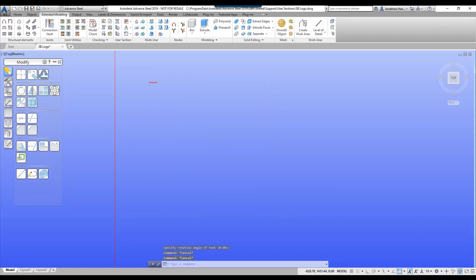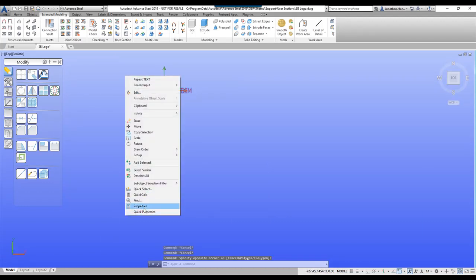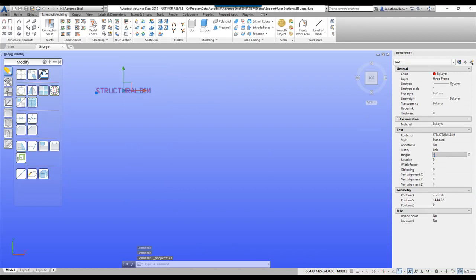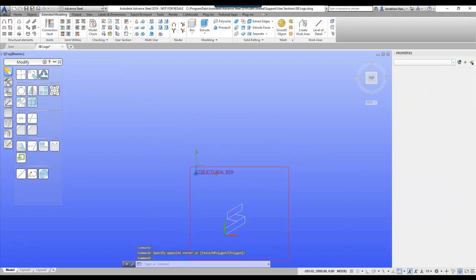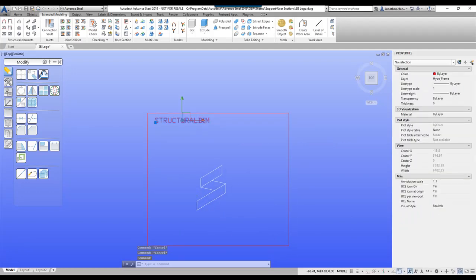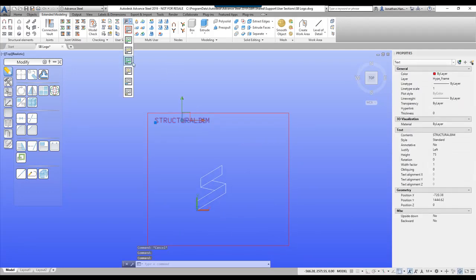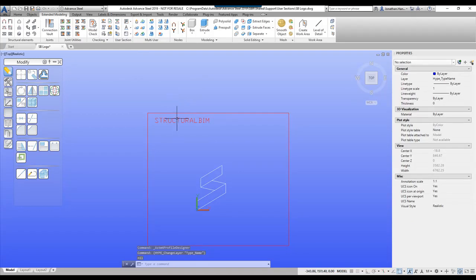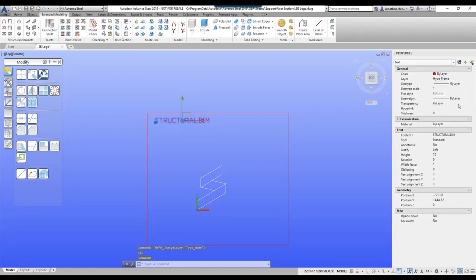And then you will see that the layer is still current from the first action. So I'm just going to quickly update the size of this text, so it's just easier to read. Let's make it 25. Actually, maybe 75 is easy to see. So once I assign it my layer, I select the drop down. If I wanted the class or the name, I'm going to say that this is the section class. So that will be the first drop down that we pick when we place the beam. So I select it, change its layer,